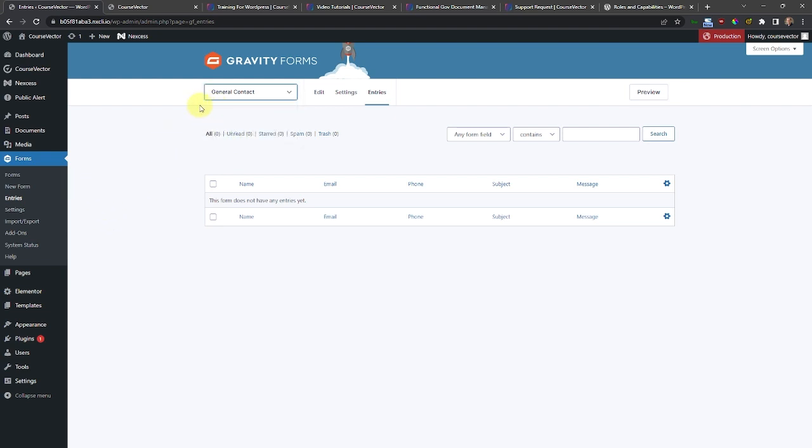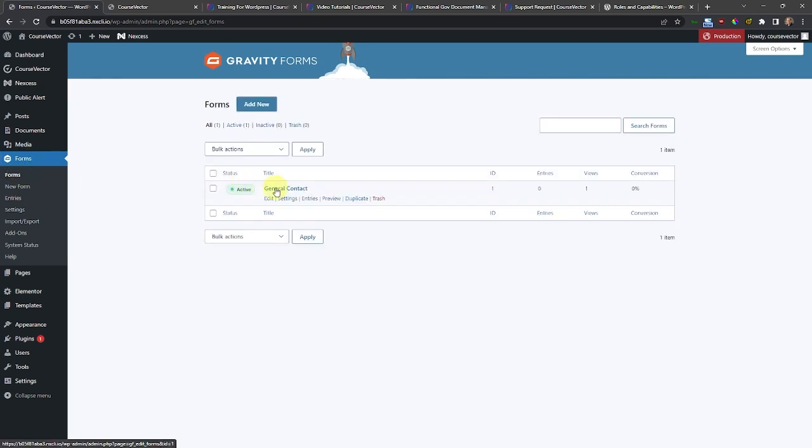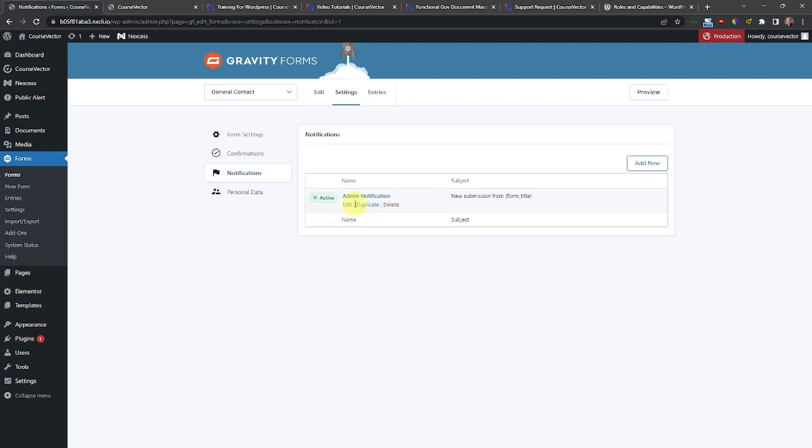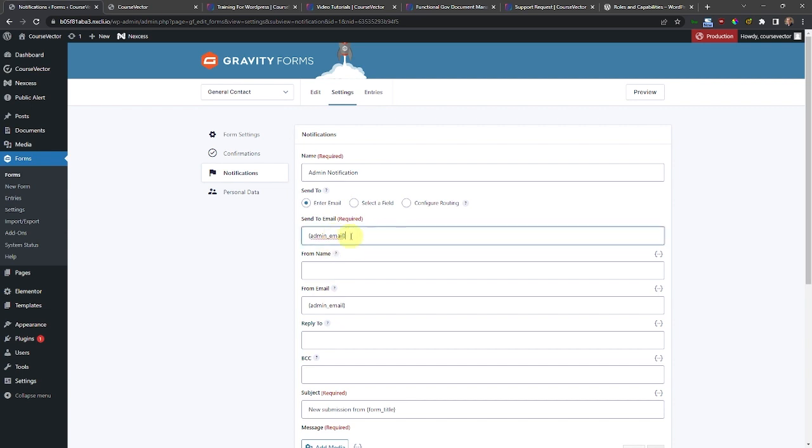And then the last thing that I want to show you with the forms, because this is also important, if you click on forms here, again, we can see the different forms that are on our site. But if I hover over top of this general contact, I can change my settings on here, specifically my notification settings, and then my admin notifications. So if I edit that, what this does is it changes who I'm sending this to. So when someone fills out this general contact form on the site, this is the email that it will get sent to. So for example, if I wanted to change it to